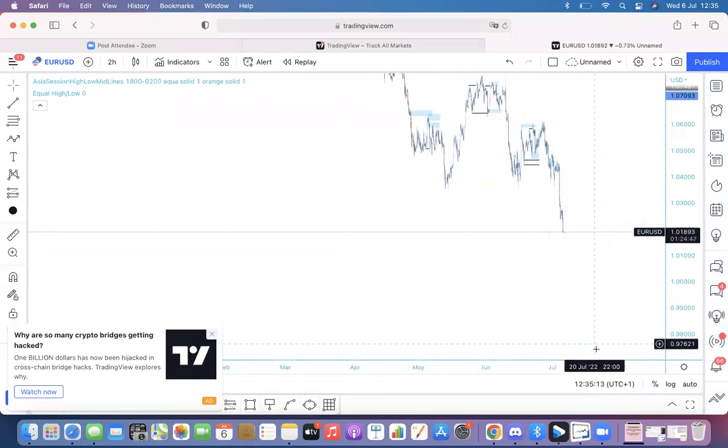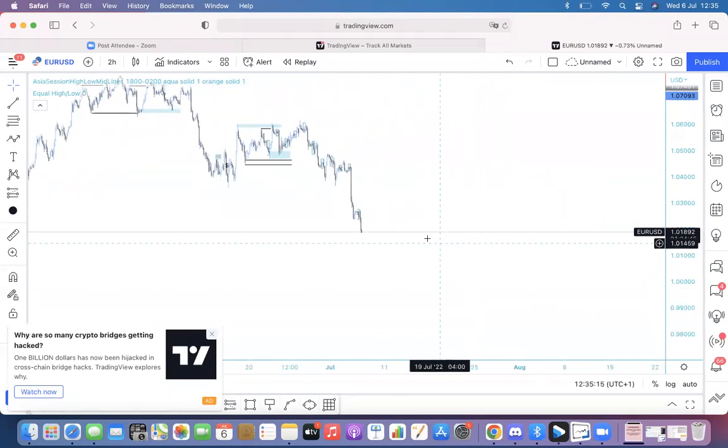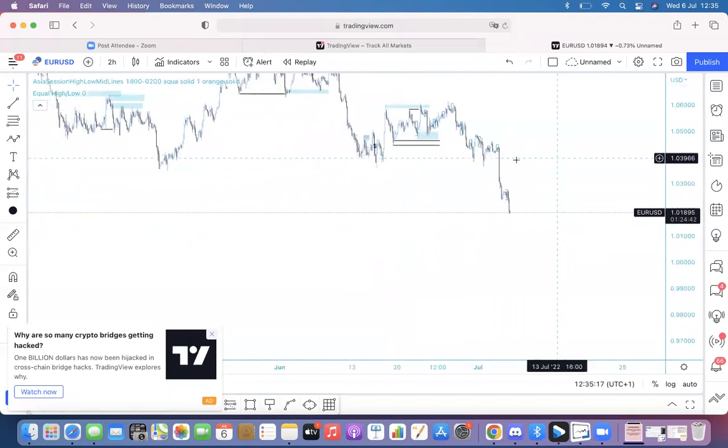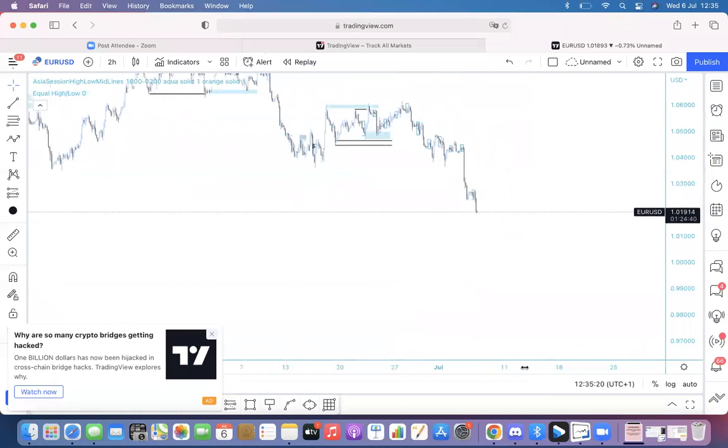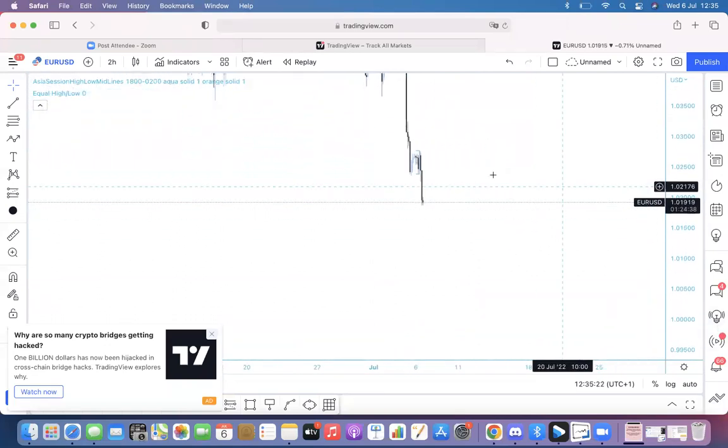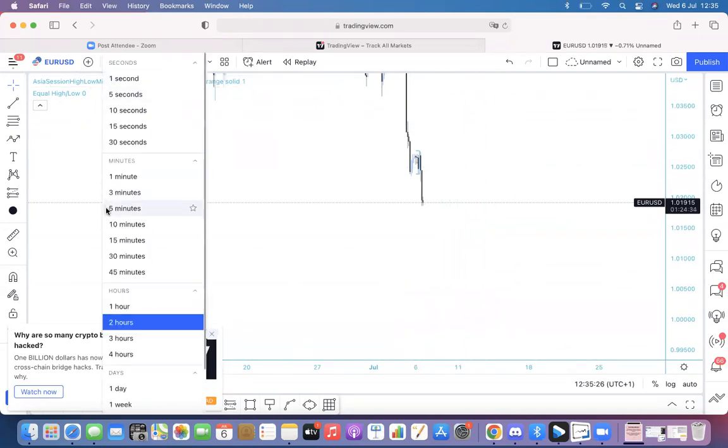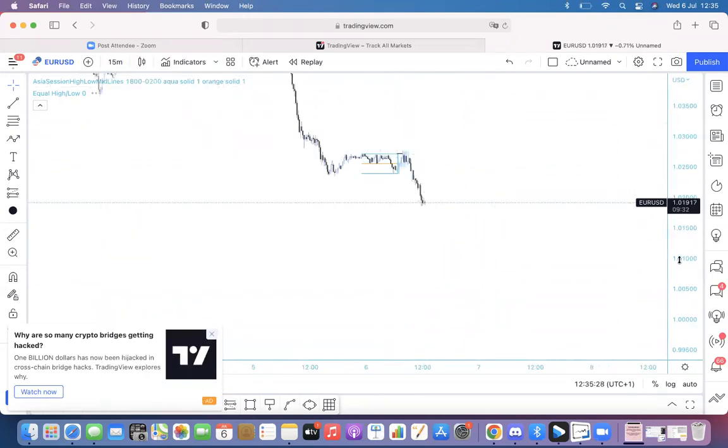We took external liquidity. We could go for internal liquidity. However, we are very, very bearish. This is why I was preferring sells until a very strong bullish confirmation happens. Then I go on 15 minutes. On the 15 minutes, I have my